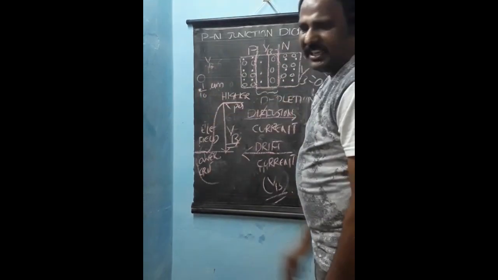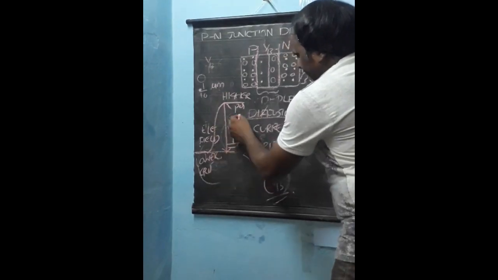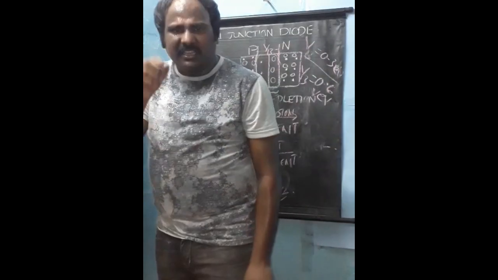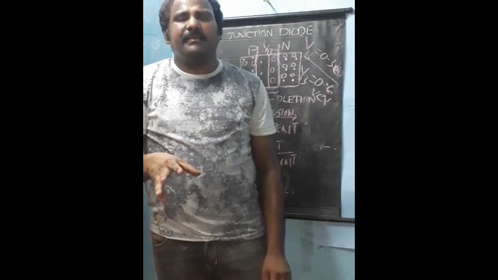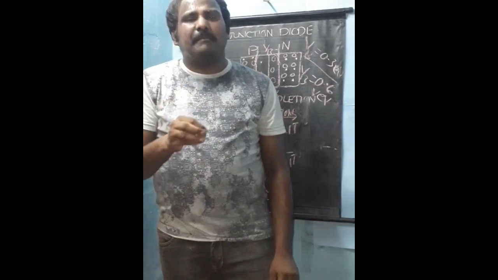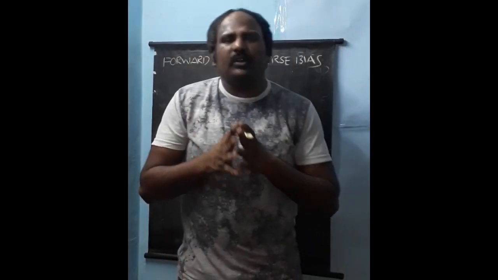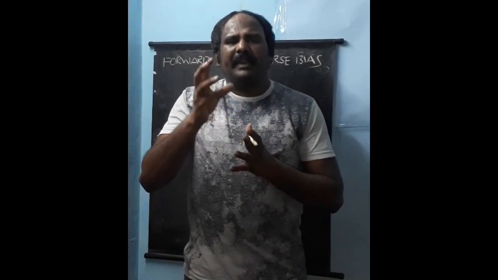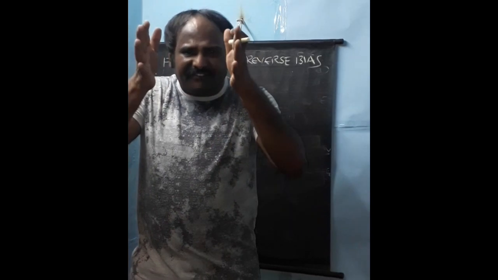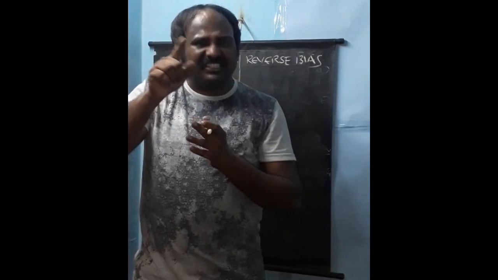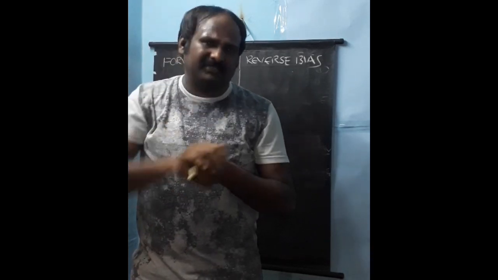Whenever you apply an electric field, the difference between higher potential and lower potential is called the potential barrier, indicated by VB, which is measured in electron volts. In such a way, the depletion layer and potential barrier are explained. So up to now we discussed how a PN junction diode is formed, what diffusion current is, how the depletion layer is formed, what drift current is, and how the diagram of the potential barrier looks.